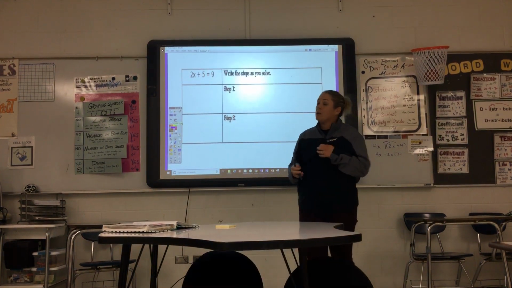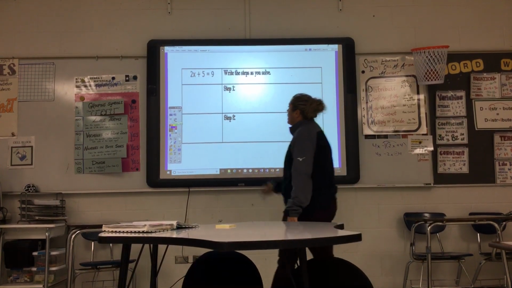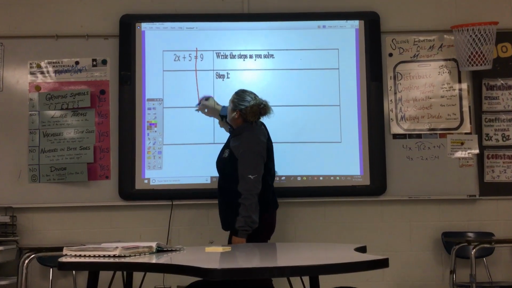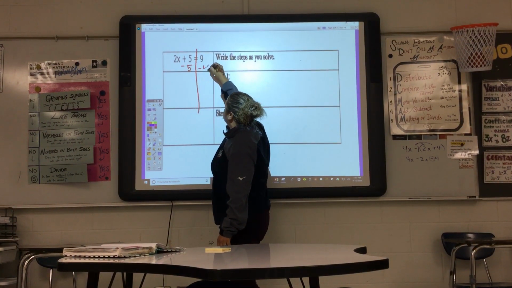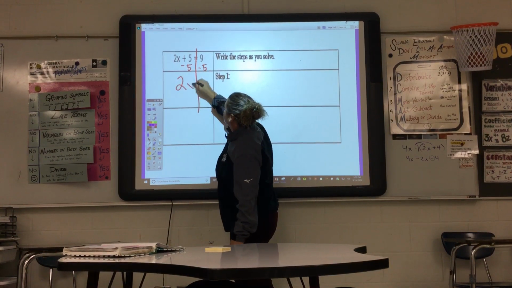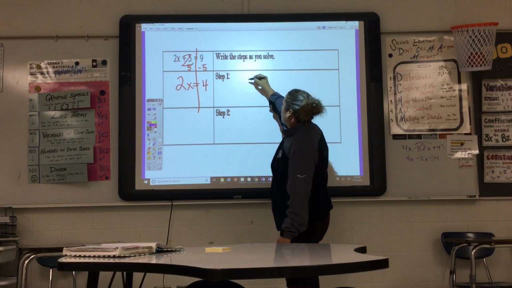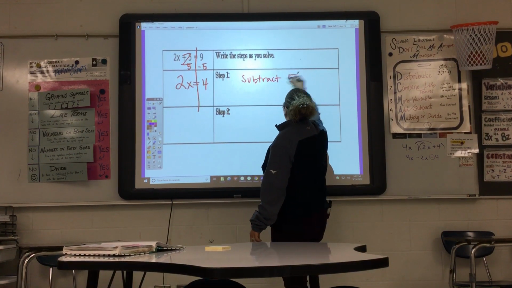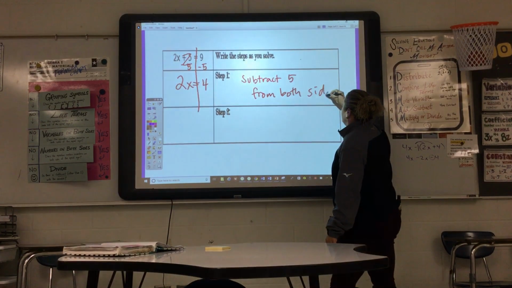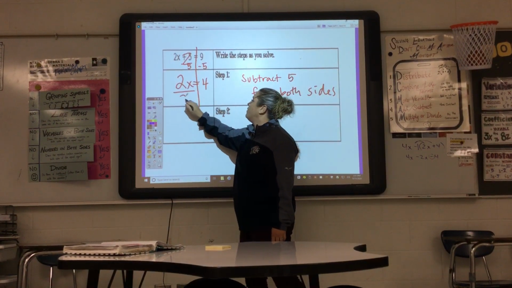All right. So I'm going to walk you back through. We've already done this. It's a two-step equation. If this was my equation, I would take this positive 5 and subtract it from both sides. Okay, so I get 2x equal to 4. Again, that's zeroing out. So I'm going to subtract 5 from both sides. When I do that, the next step is divide